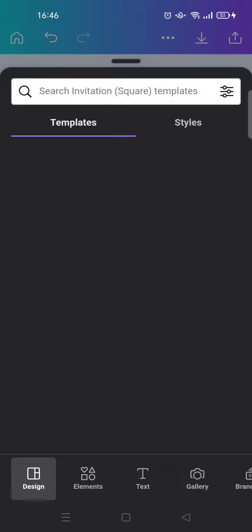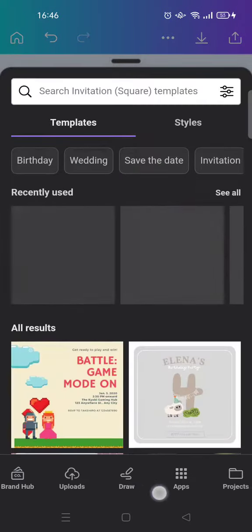On today's tutorial, I'm gonna show you how to warp text in Canva. So if you guys didn't know, there are new apps on Canva that can be used to create warp text. So what you need to do is just open your design, then click on the plus icon, find the apps option,